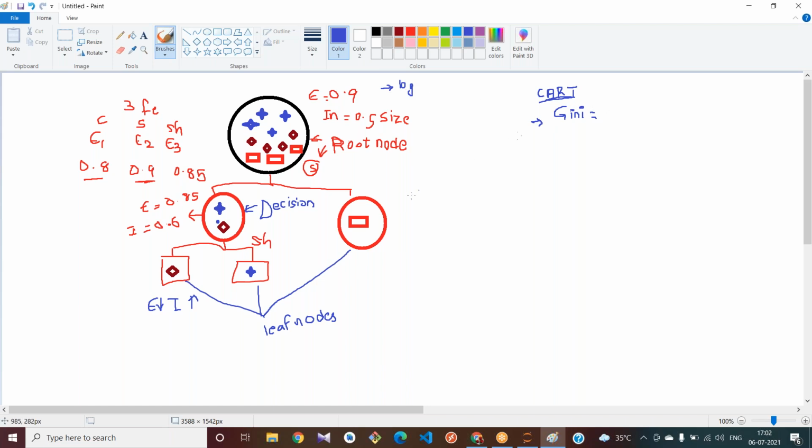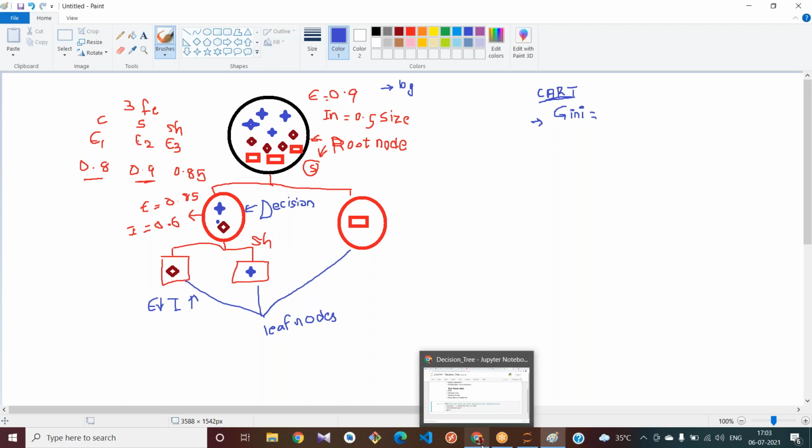Some people will prefer using Gini because they can skip calculating the logarithm. As there are logarithmic functions, your ID3 takes some time when compared to your CART algorithm. Some of them use ID3 and some use CART, but the theory, the concept behind any algorithm, is the same, and it only uses different approaches in mathematics in order to classify your data.